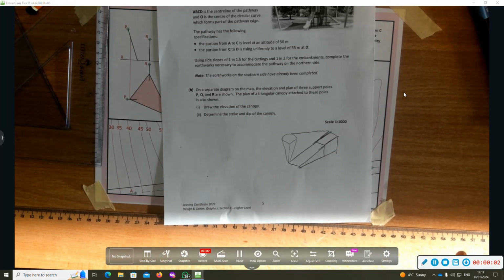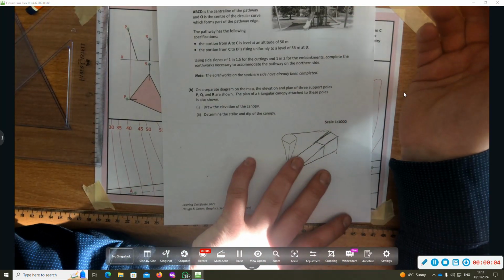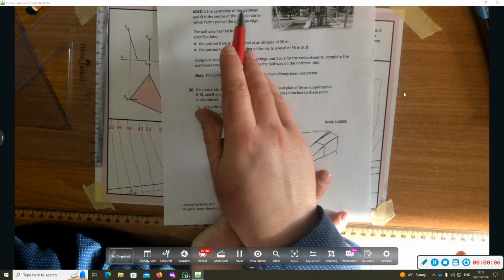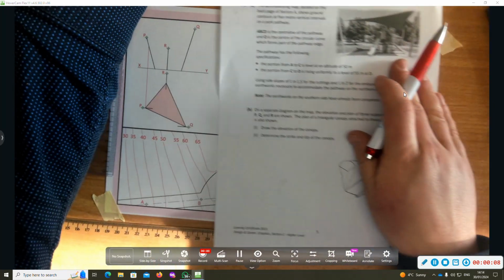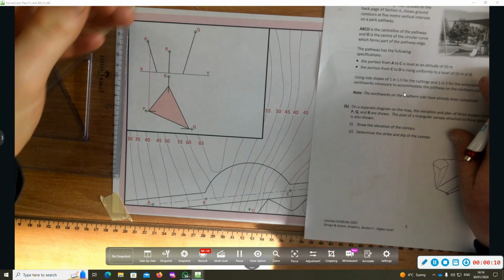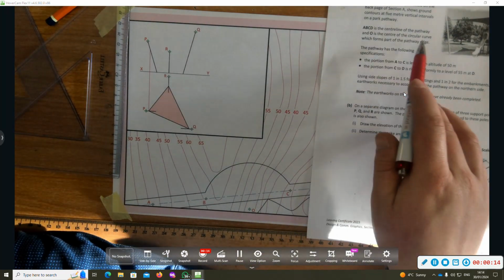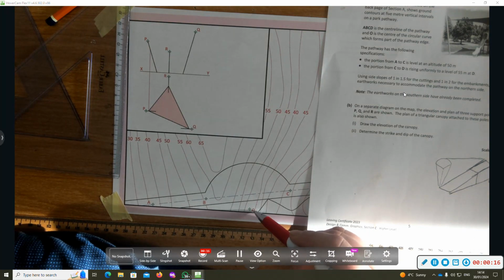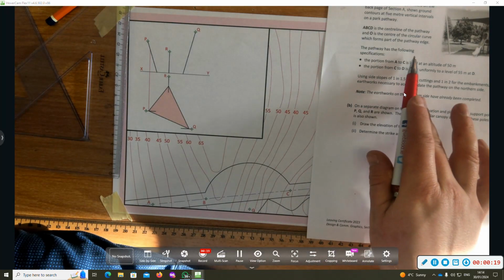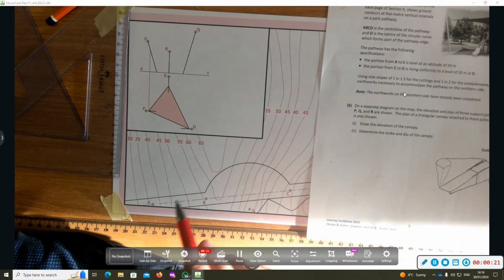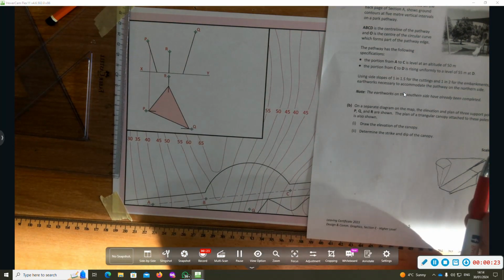Okay, so this is question C1 2023. ABC is the center line of the pathway. We've got a circular curve here, a portion of it. Q is the center of that, down there. The pathway has the following specs. A to C, all flat,